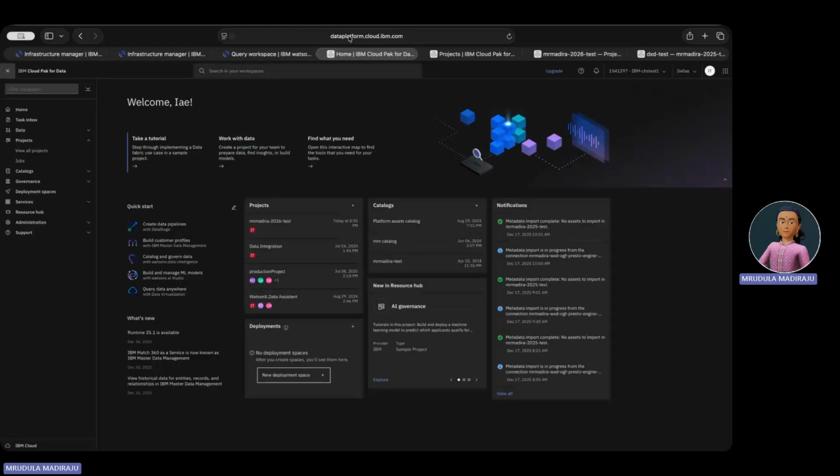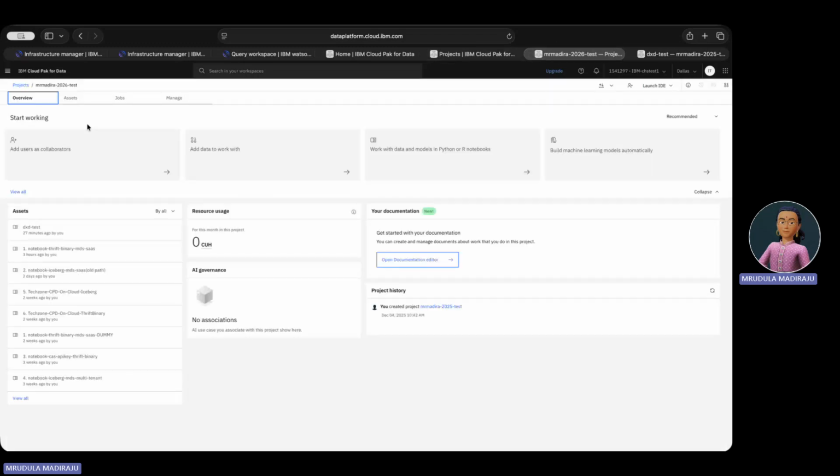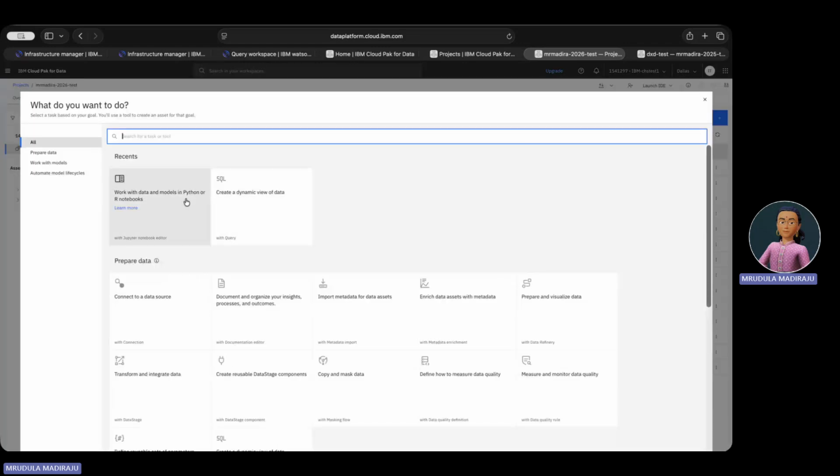Next, I go into dataplatform.cloud.ibm.com in the same account, and I can go to the menu and click on projects and view all projects. There are a few projects that I've already created. Against this specific project, I get into it and I can go to the assets tab. And here I can go and create a notebook